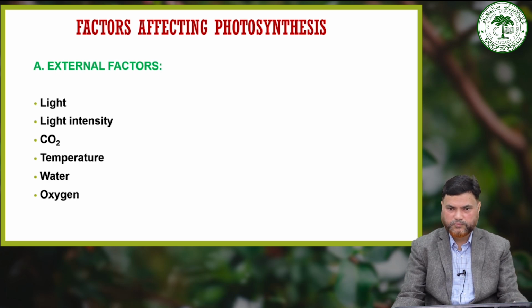Now, the last factor is oxygen. The presence of oxygen generally can inhibit the rate of photosynthesis, a phenomenon known as the Warburg effect. This was first observed by German biochemist Otto Warburg. In the Warburg effect, oxygen competes with carbon dioxide for the active site of the enzyme Rubisco during the Calvin cycle, reducing the efficiency of carbon dioxide fixation and thereby limits the process of